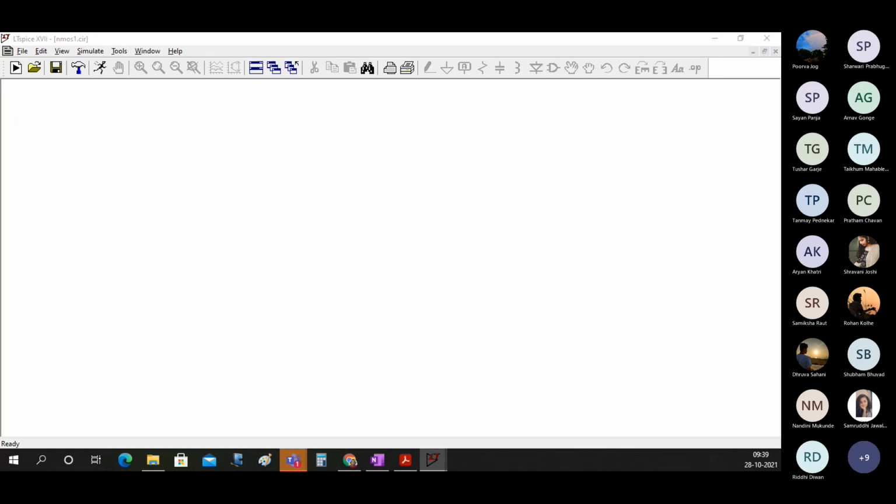Now any circuit. What you have to do is name the circuit, like how we used to. Now we'll name this file in which the circuit is there. So I'll write something like this: NMOS input characteristics of enhancement type MOSFET. When you see this green line, that means it's a comment. If I remove this, then it becomes a code line in the code. So we'll have a star to it.